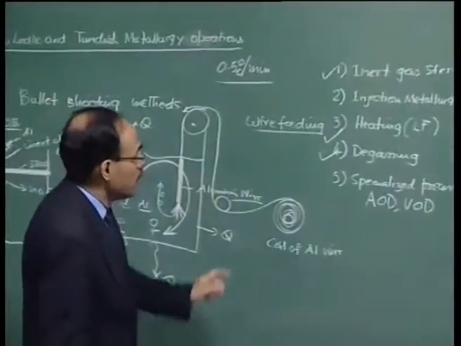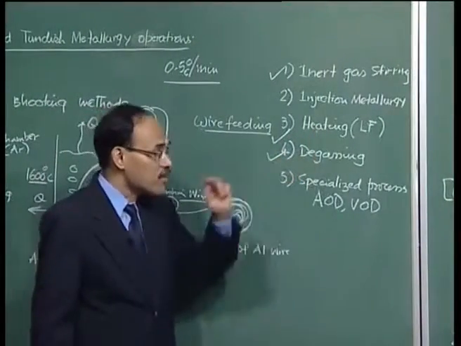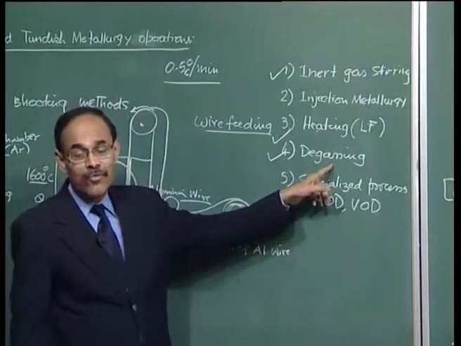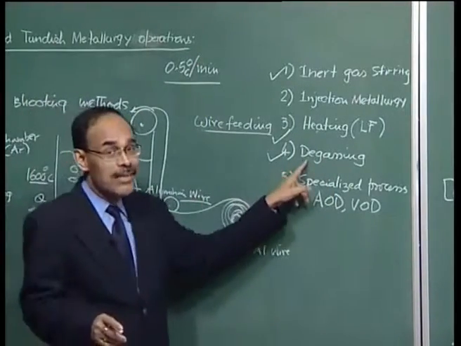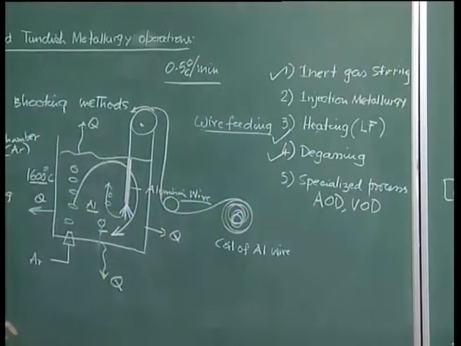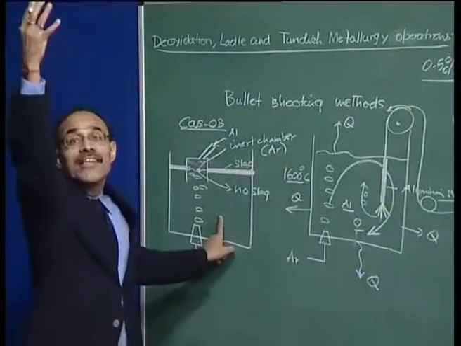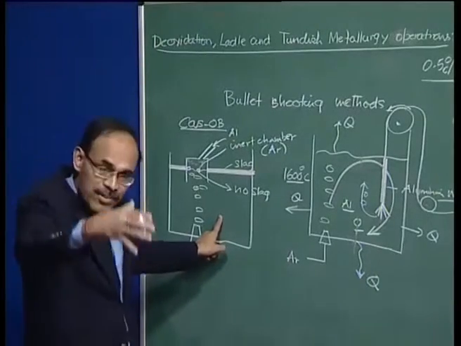Following heating, we have the degassing process, and degassing basically is removal of gases. As I mentioned to you, the molten metal might contain a lot of nitrogen. Where has the nitrogen come from? Nitrogen has basically come during the tapping and entering of the tapping stream into the ladle.